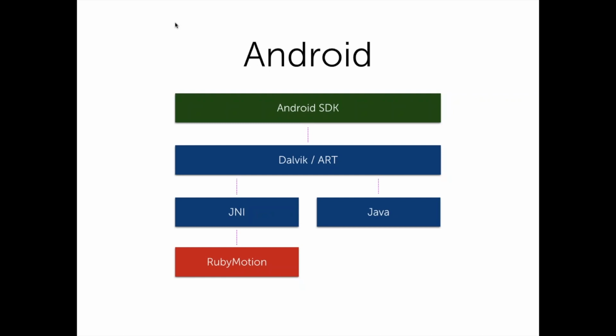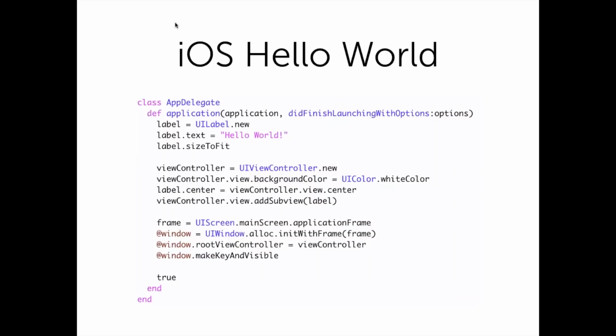Everything you do in RubyMotion in Android is Java. So all the objects that you create are Java objects, and vice versa. From an application that you create, you can basically access the entire set of APIs written in Java from Ruby. So that's very cool. So if you want to know more about the Hello World in iOS, here it is